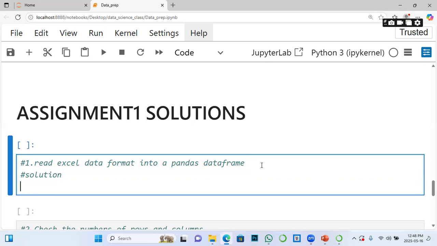So the first thing is to create a variable, call it what? Entertainment. Because the data we are asked to read from the data source is entertainment data. So I will name it entertainment